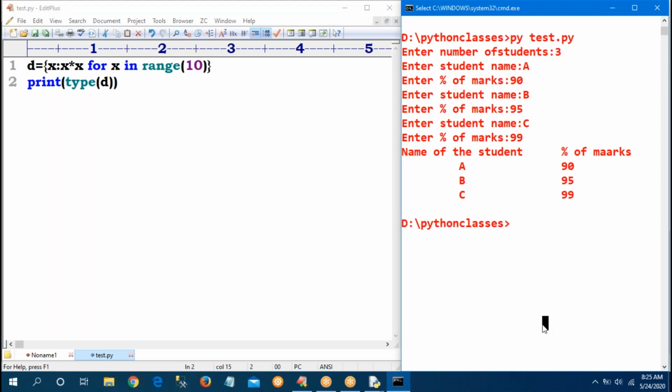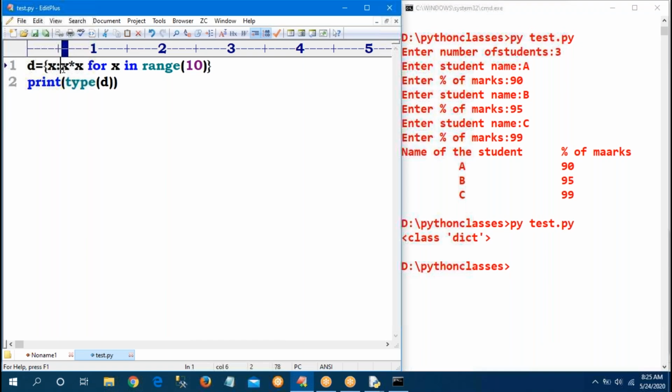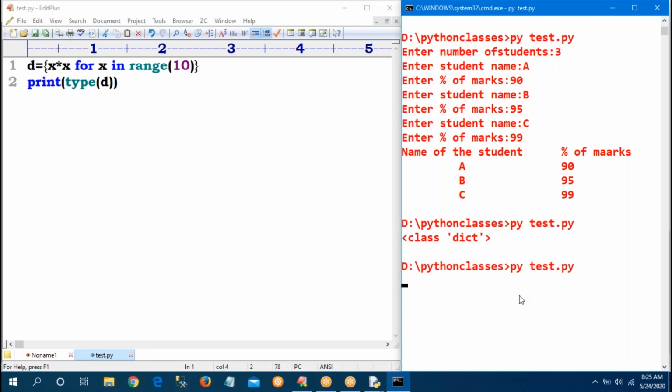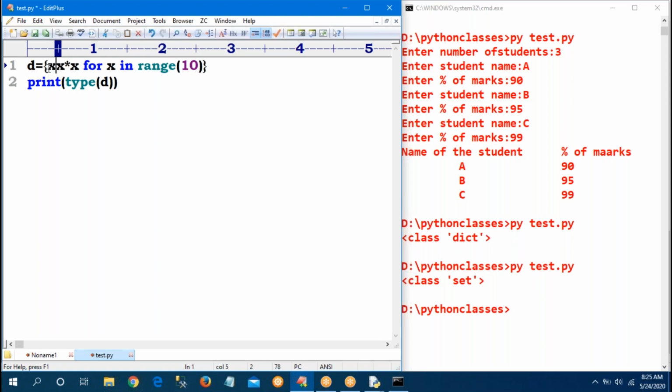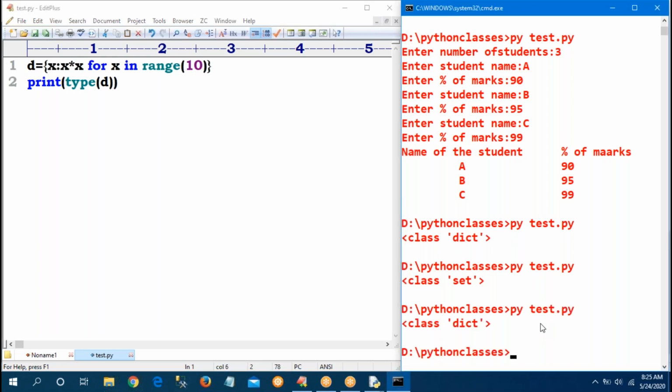See, it is a dictionary. Sir, if I remove this value, then it is called a set. That is the difference. Observe. Direct values I add, it is a set. I give a value and its corresponding expression, then it is a dictionary.